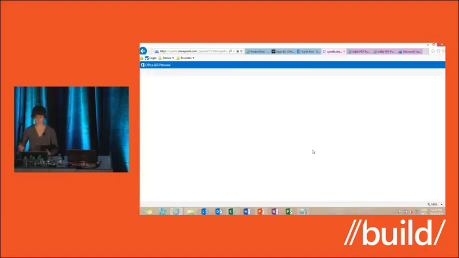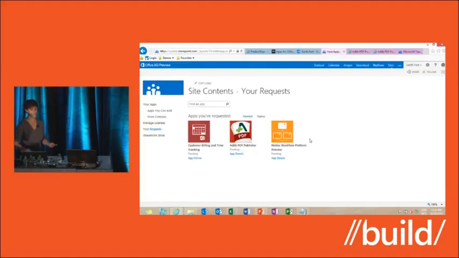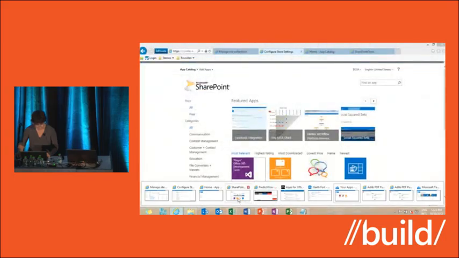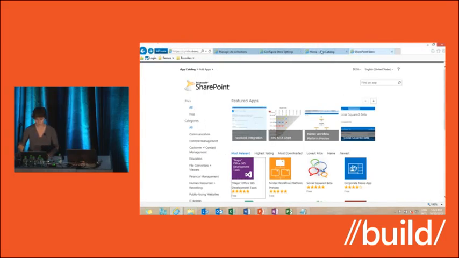I can request the app, and I will kick off the purchase workflow. And as an administrator, I will be notified, and I can go ahead, check the app, and buy it. So let me go back to my other session here in private. So here I am logged in as the